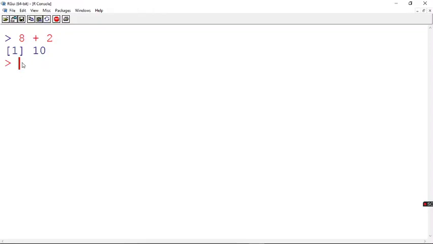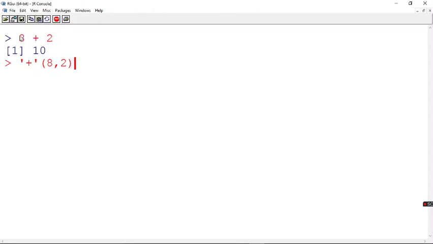Now I am going to show you how to convert this summation operation into a function. The operator which is already available, I have to place within single quotes. I open a single quote, give the operator, and close the single quote. And this is a function call. I give the two values within the parentheses.